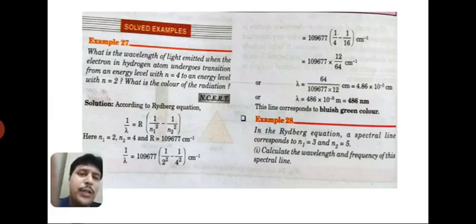You can simply find the wavelength, and by applying the formula c equal to nu lambda, we can find nu, that is equal to c upon lambda. The speed of light, that is c, is constant, and we can find the wavelength like in the previous question, and then we can put in all these values and find the frequency.